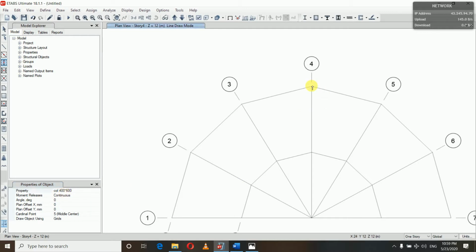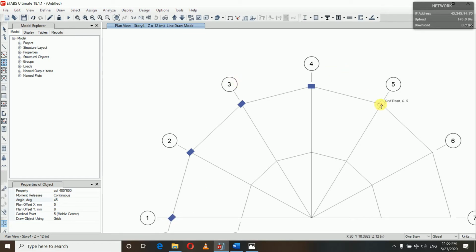if we assign our column here, we will get it inclined in the 0 degree direction. If we assign our column here, you can see the angle is 0 degree, so it is inclined to 0 degree. Now if you want to incline your column in different directions, like if you want to give 45 degree, you provide 45 degree here. You can see that your column is inclined to 45 degree, and here also 45. And here also we will give 45 degree.